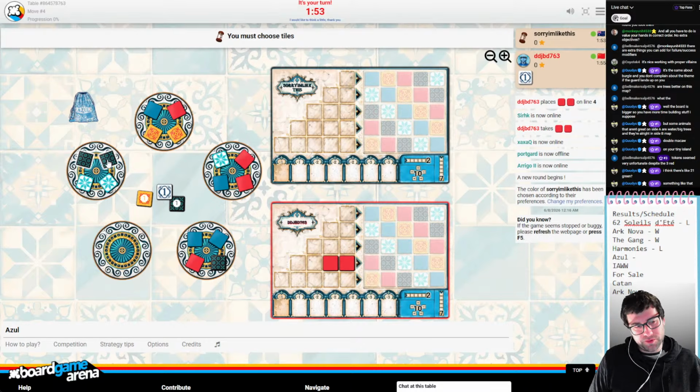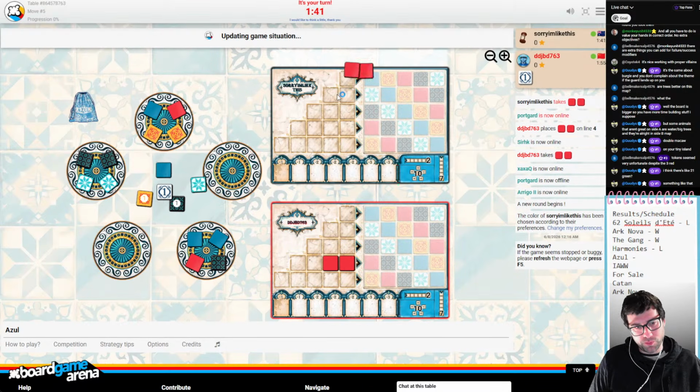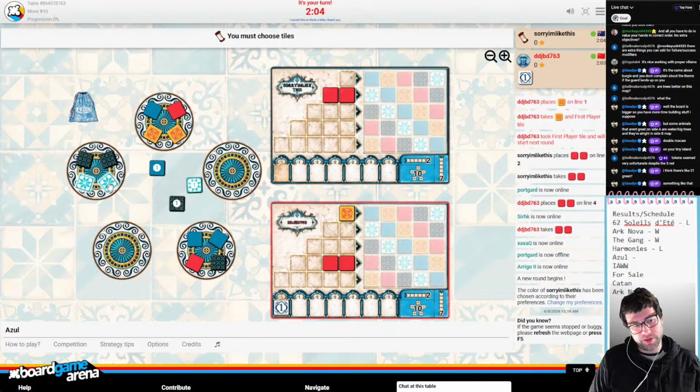If I were to start with 2 black, do you think there's any world where they just take 2 red and give us 3 white? Because that seems wild. Are they asking me to take 2 red so they can get first play with 1 tile? It seems like a natural move for me. I don't mind if they get first player. Now we can